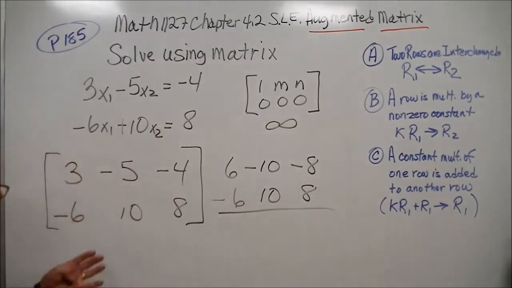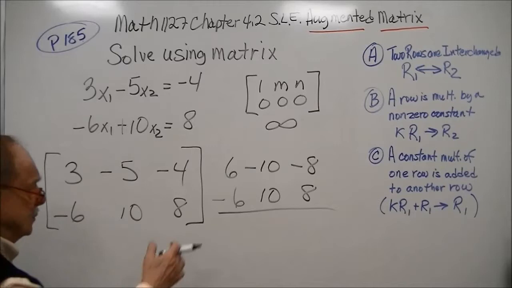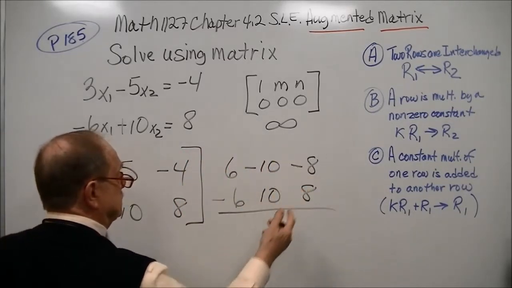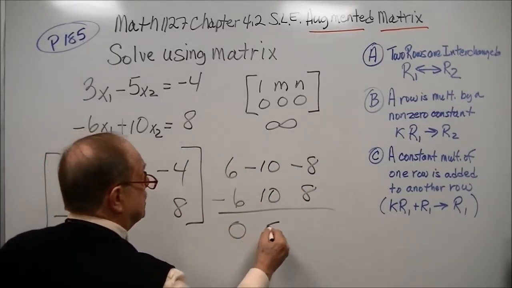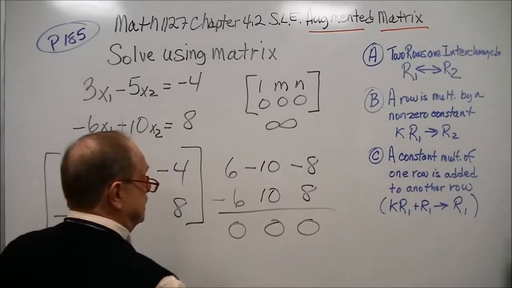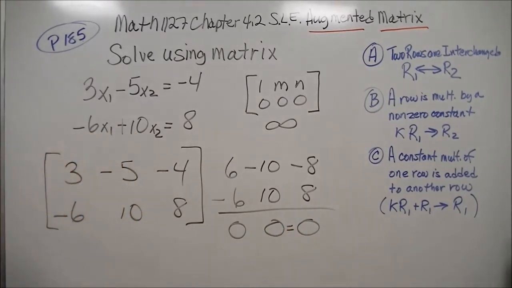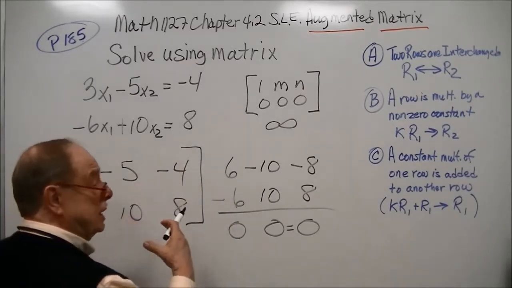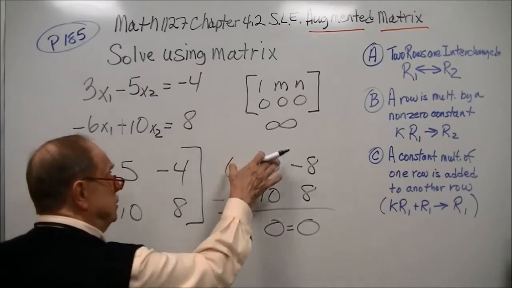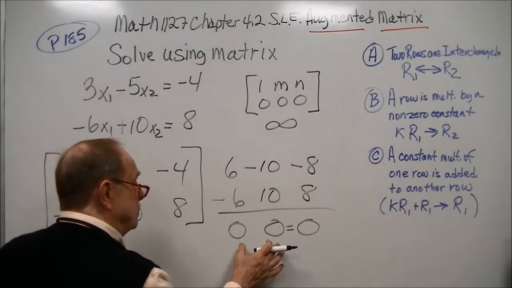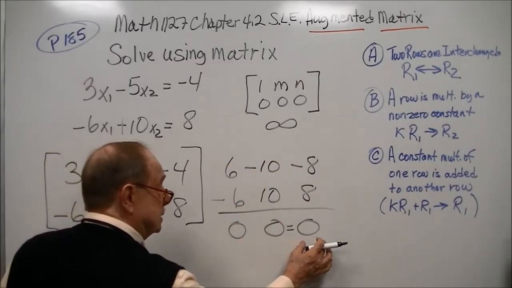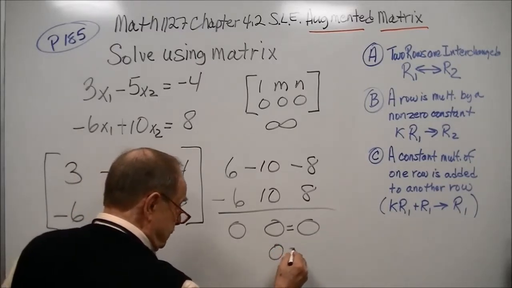And we're tying this into what we did in 4.1 as well. Notice if we were to add these rows together, we end up with a 0, a 0, and a 0. Now I want to review this as well. When you did what we did in section 4.1 and you add them up, and you end up with 0 equals 0, which is a true statement,